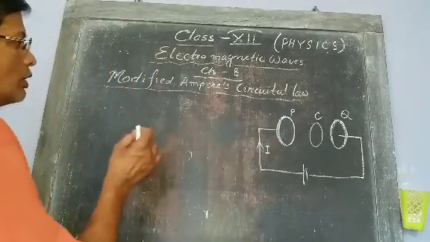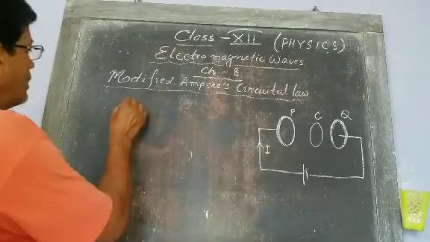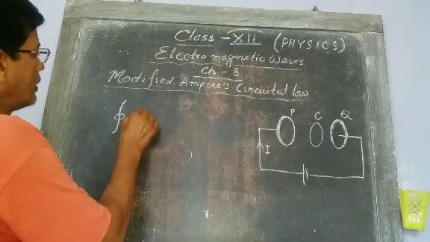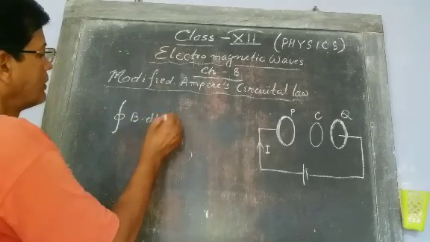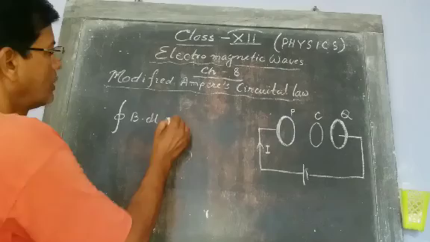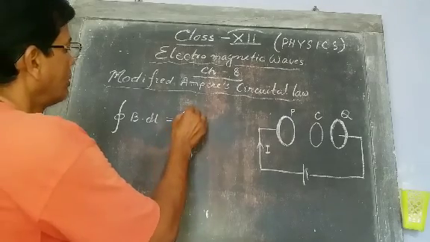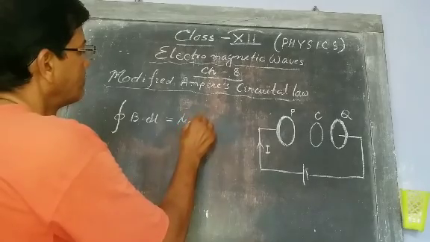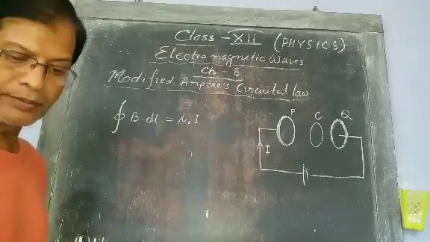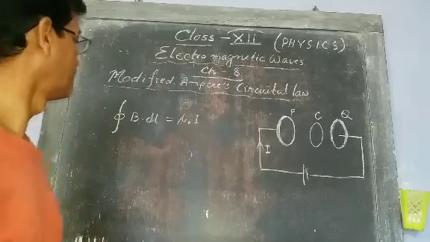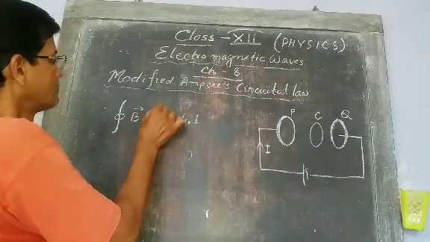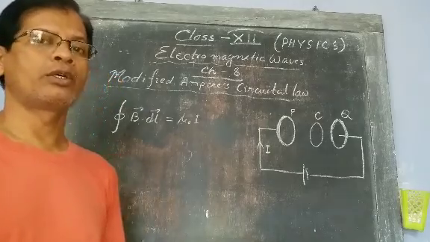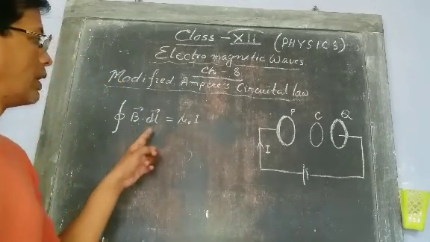What is Ampere's circuital law? This is the closed integral of B dot dl equal to mu naught I. This is Ampere's circuital law. Now you see,